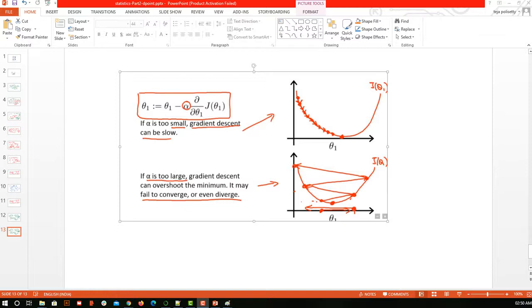Here theta 1 is nothing but m old, and m new is equal to m old minus alpha of my error. If I say that alpha is suppose 100, then m will also have a huge effect.